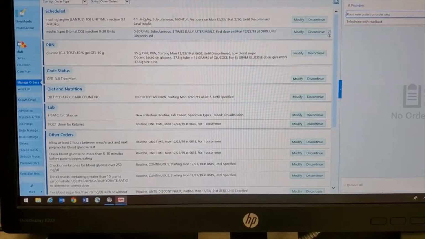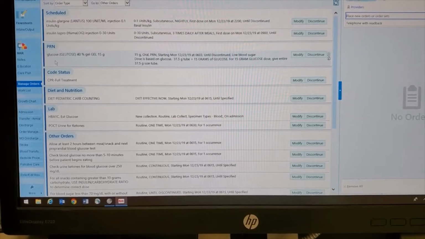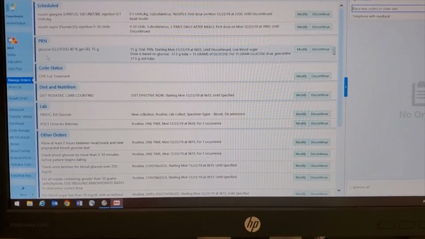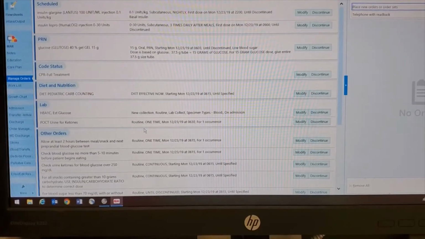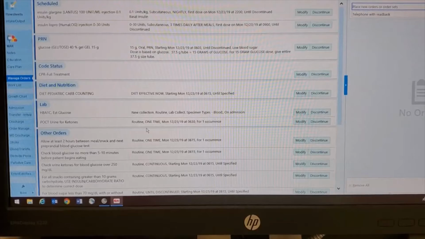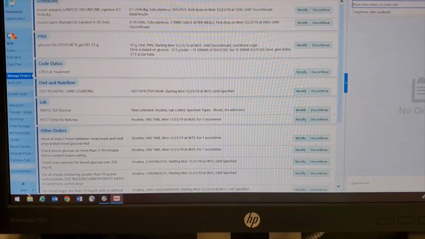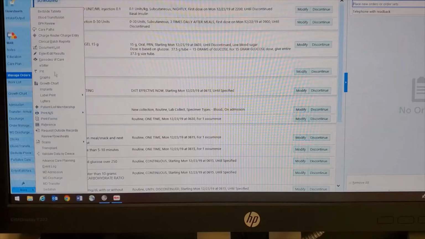This is a simulated chart that I have put some orders in. The first thing I want to talk about, which I get questions about frequently, is ketone sticks. People often don't know how to put them in, so I just want to cover that real quick. Down here in this More tab, I'm going to click on that. When you come up here to enter edit results,